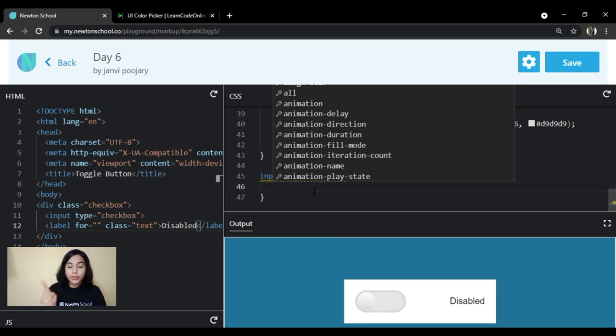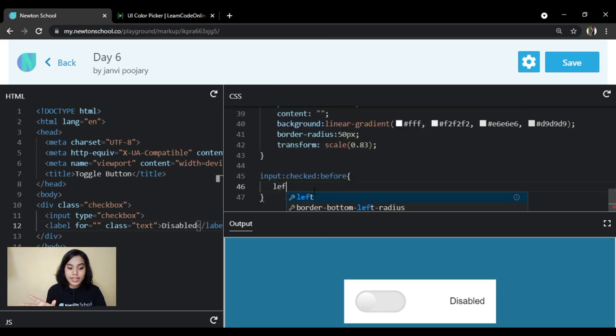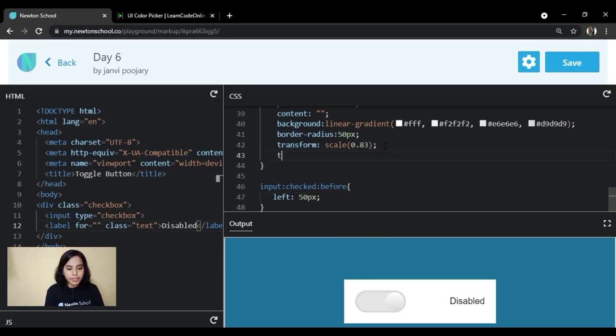When it goes to the right side, how should it appear? Okay, since it is a checkbox, whenever it is checked it should go to the right side, since it is a toggle, right? So when you click on it, it should go to the right side and the text over there should show as enabled. So for that we are saying whenever the input is checked, its left should be 50px,